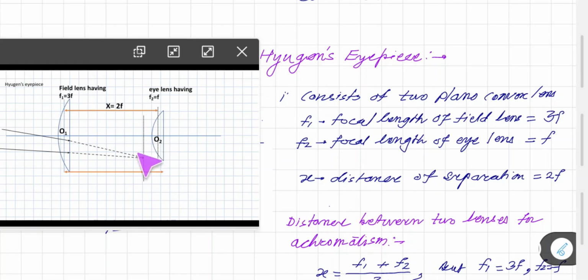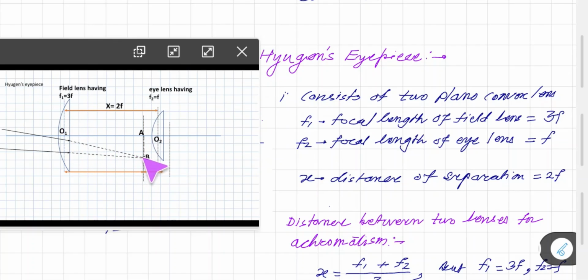But now as the field lens is present here, the rays are supposed to be refracted. This means for the field lens, this is an object which is a virtual object. So for the Huygens eyepiece, remember that the object which is magnified by the Huygens eyepiece is a virtual object. In the case of Ramsden's eyepiece, the object was here and it was real and inverted, but this is a virtual object. This object is AB, which is a virtual object for the field lens.